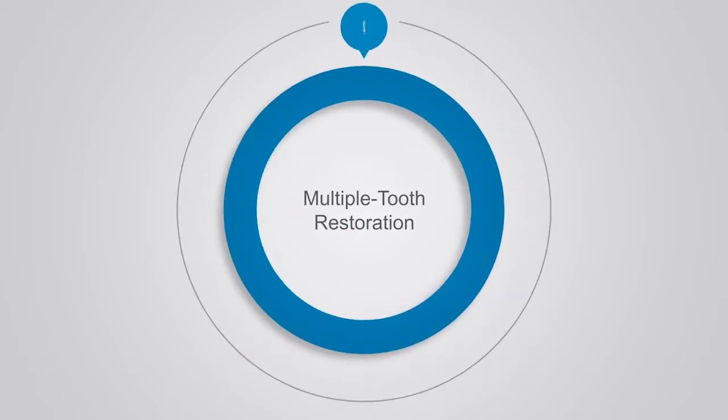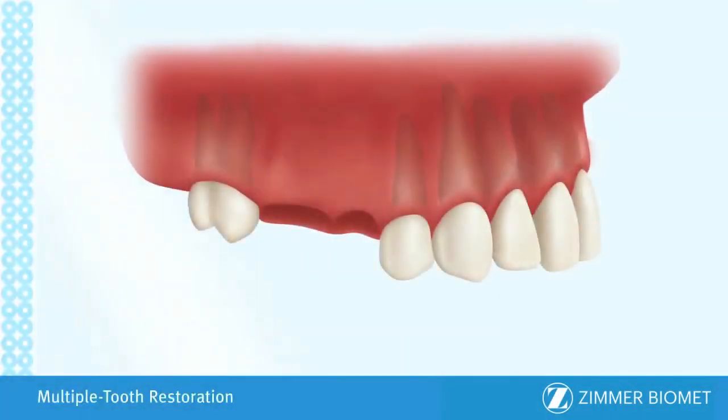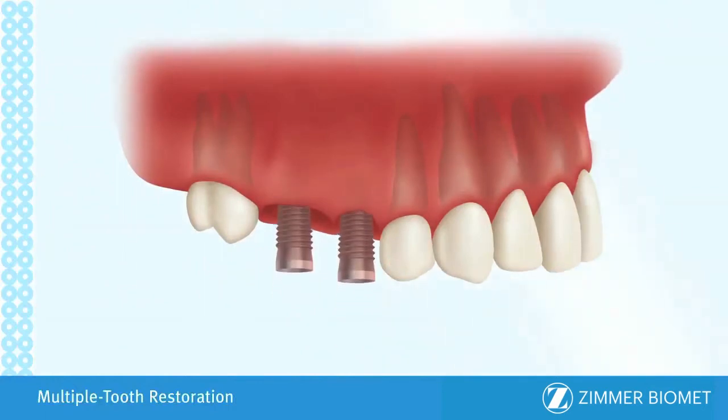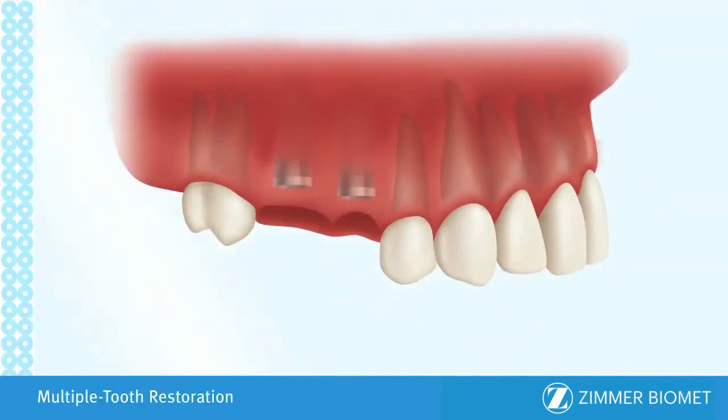Multiple tooth restoration. The multiple tooth restoration is used when 2 or more adjacent teeth are missing. Implants are placed at the site of each missing tooth. Depending on the location of the implants, they may be placed at a slight angle to take advantage of as much available bone as possible. The implant may be left to heal for up to 2 weeks or for a few months, depending on bone